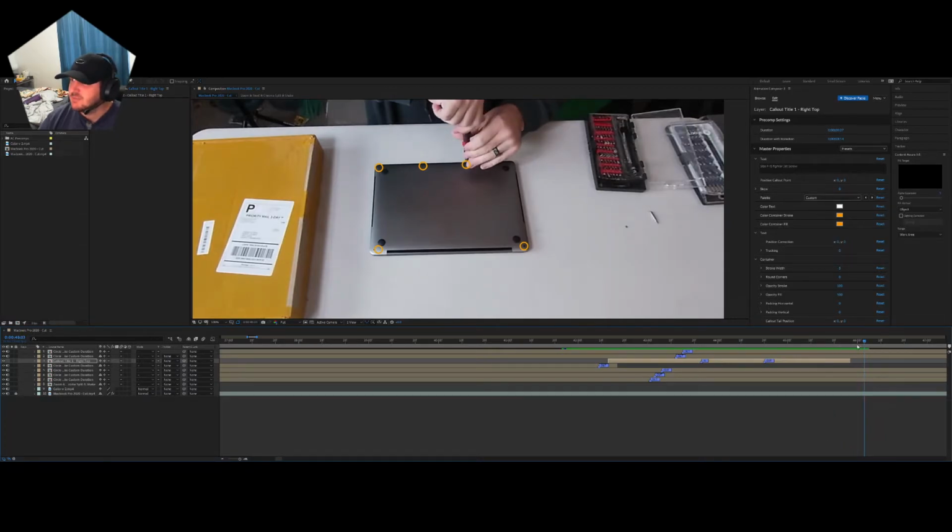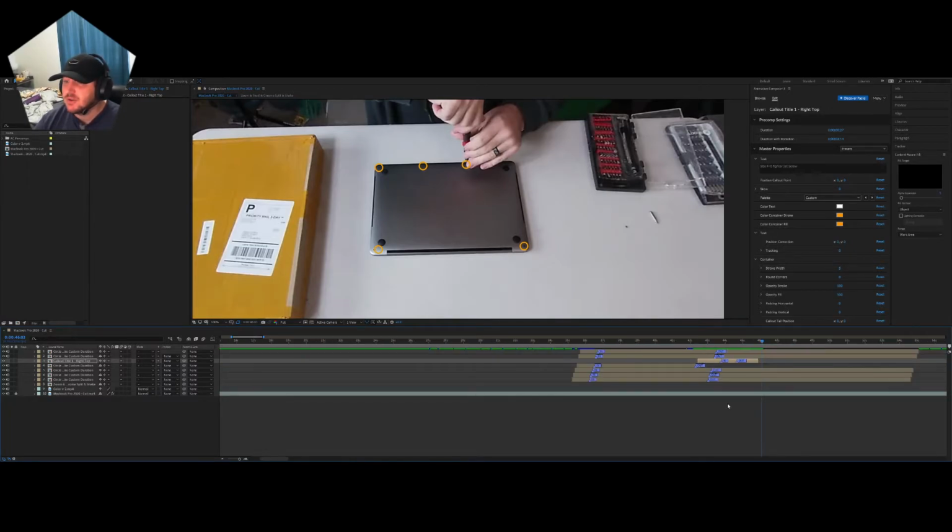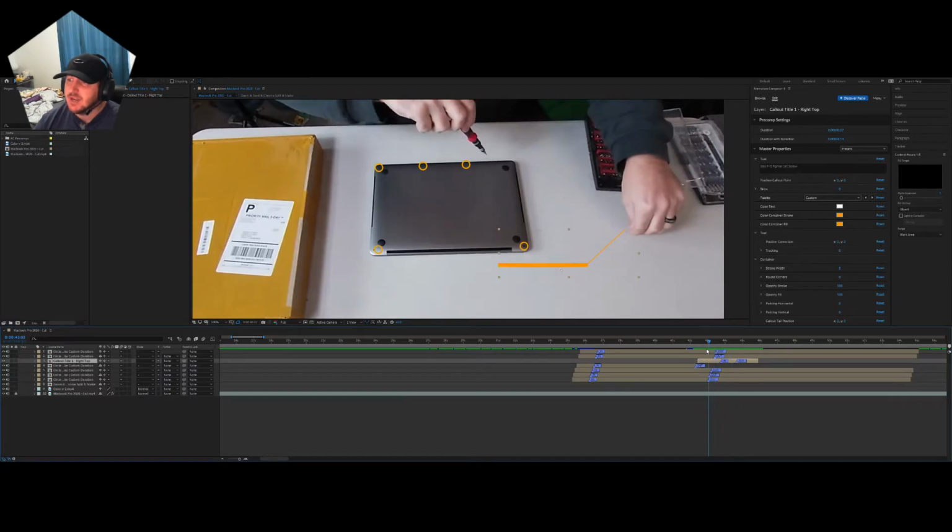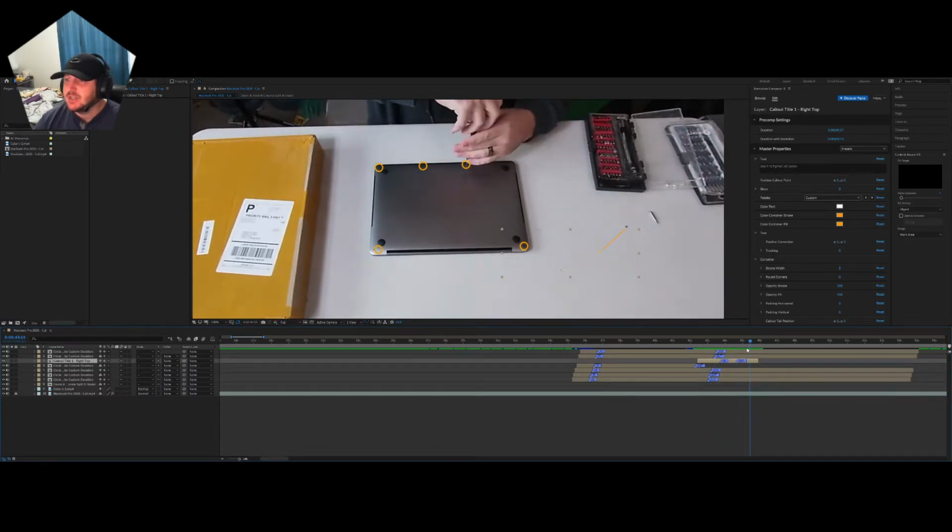Now these are all the same screws, so maybe there's a different way to do that. Maybe we do a circle later on. I haven't watched the rest of the video. So let's go ahead and just keep on doing this. So far it's pretty easy. Again, with this animation composer, you can do all of these things by hand, and in some cases you definitely can, but it would take me longer to do this by hand than it would to just pull this out